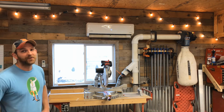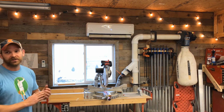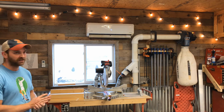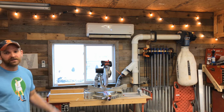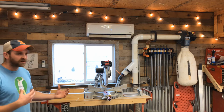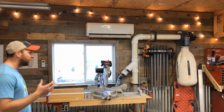I will say that was one of the first things we bought for in here, and it is a game changer. You know, controlled humidity, heat in the wintertime obviously is a big thing. We have a propane heater out here, but I didn't really want to dedicate a full corner to an overhead heater. So this works out great space-wise, keeping things comfortable in here, both for personal reasons and also,